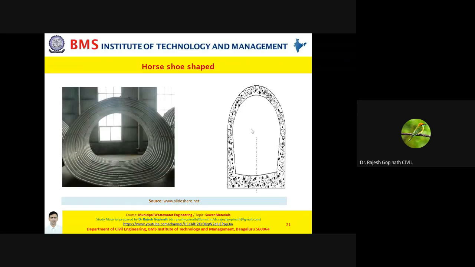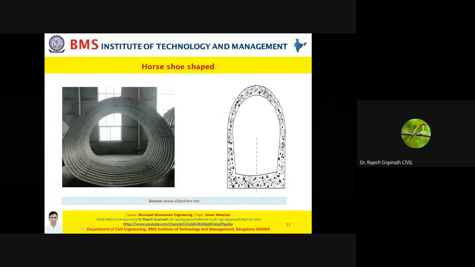horseshoe shape. Obviously, it is because of the shape of a horseshoe that you name it like that. Now friends, these kinds of sewer shapes are best suited when you're talking about large discharges, that is, trunk sewers or outfall sewers. The suitability aspect is, when there is a physical restriction with respect to headroom, when the headroom for the construction of the sewer is limited, then we can go for these, because you can see that the headroom is relatively lesser when compared to the rest of the